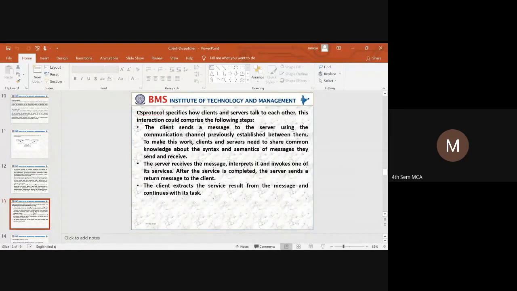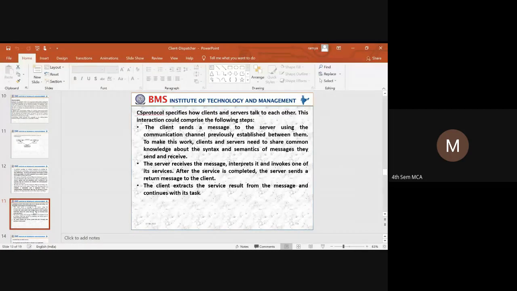In that particular message format itself, it has to be communicated. Once the server receives the message, it has to identify what type of service the client is requesting. Once the service has been identified and completed, the server has to return the message to the client.